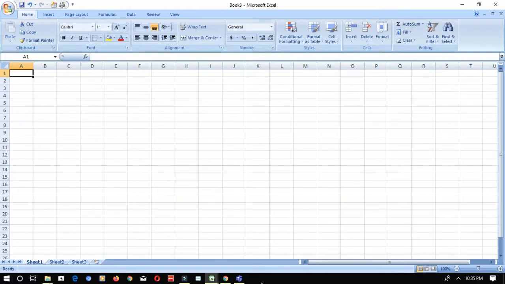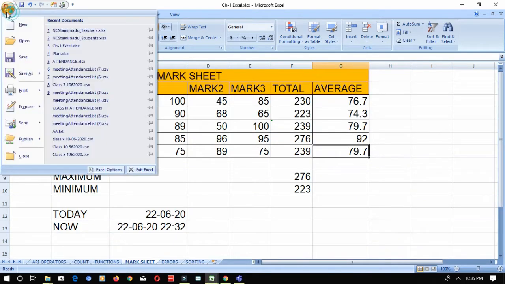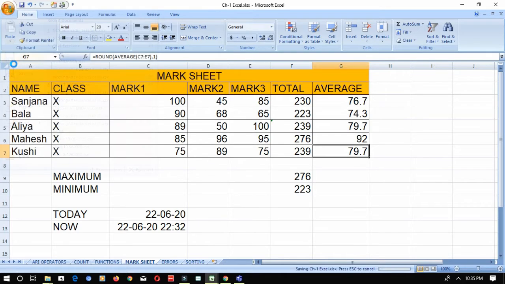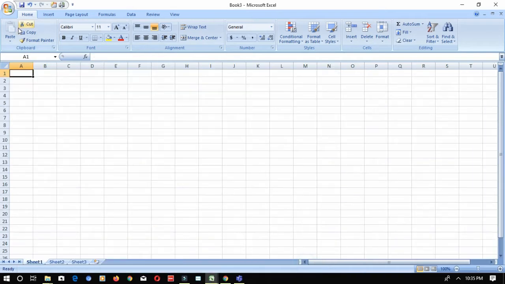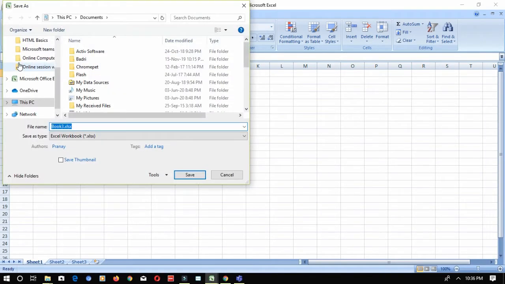You should also know how to save the file. If you are saving the file for the first time, you have to use the save option, and you will get a save as dialog box. For example, this is my new worksheet and I am going to save this. When you are saving for the first time, it will ask you to select the place where you want to save the file.